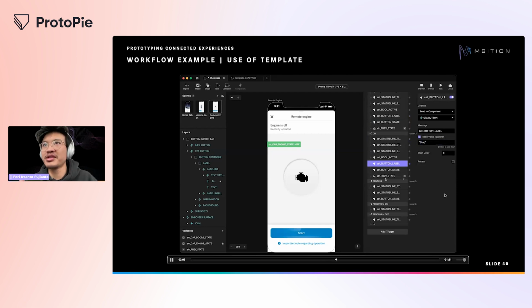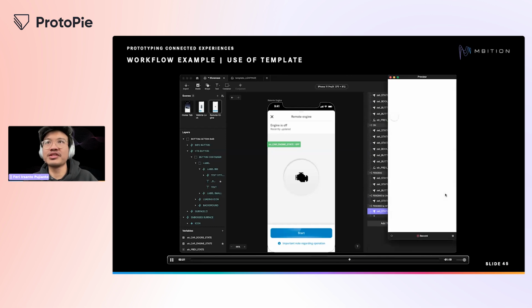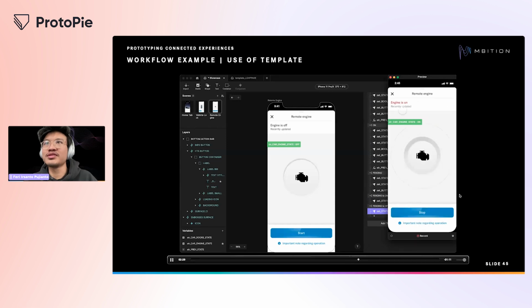So here I'm renaming the button label. And here I'm renaming the status line whenever it's turning on and whenever it's turning off. And we can see that in motion. So you would see how fast it is to recreate a new scene using our templates and our components.